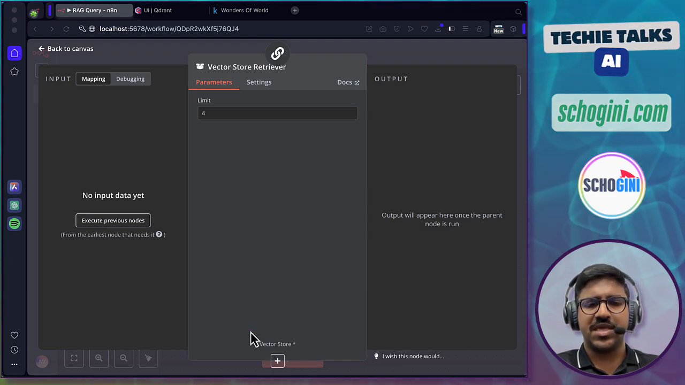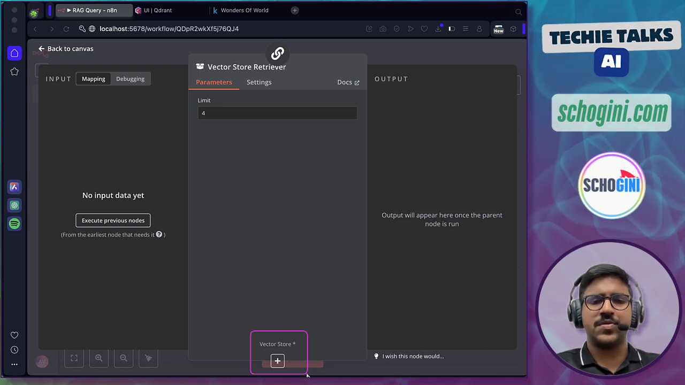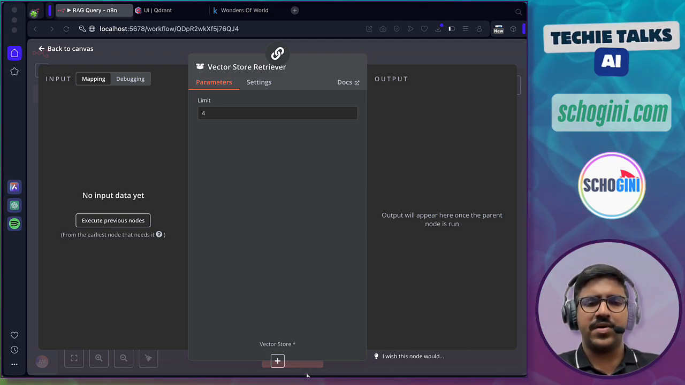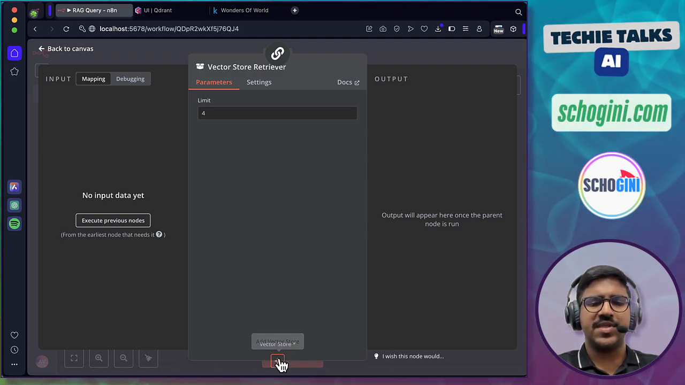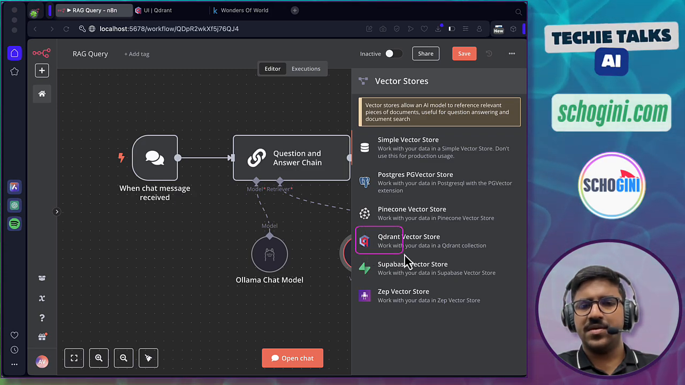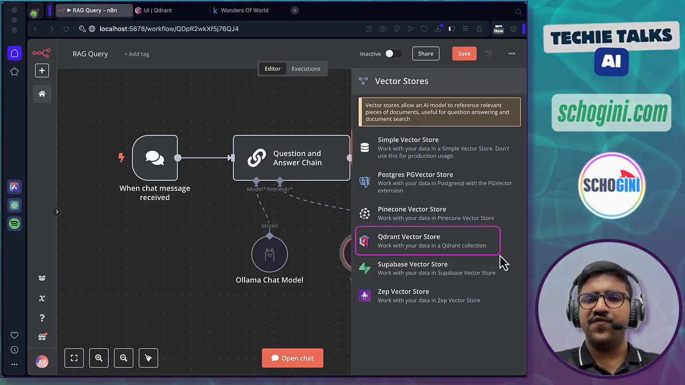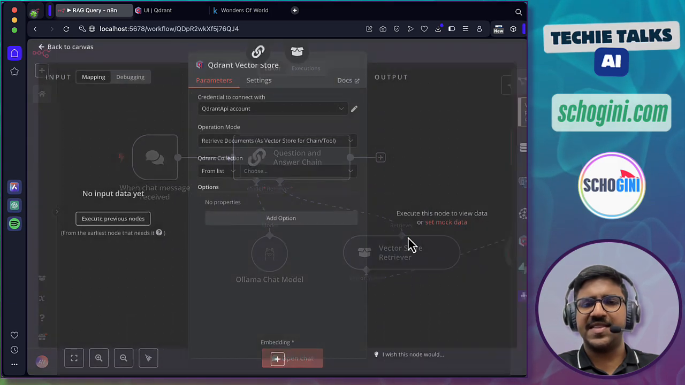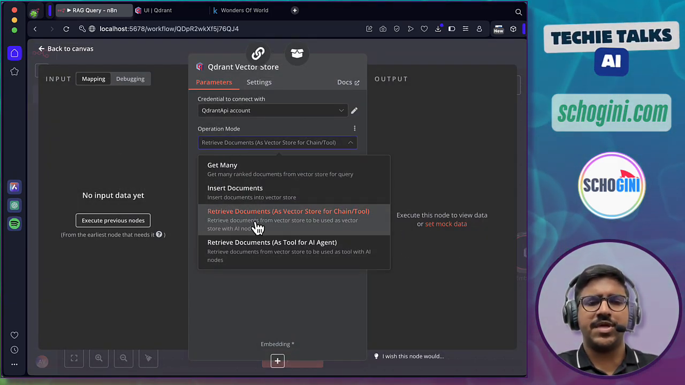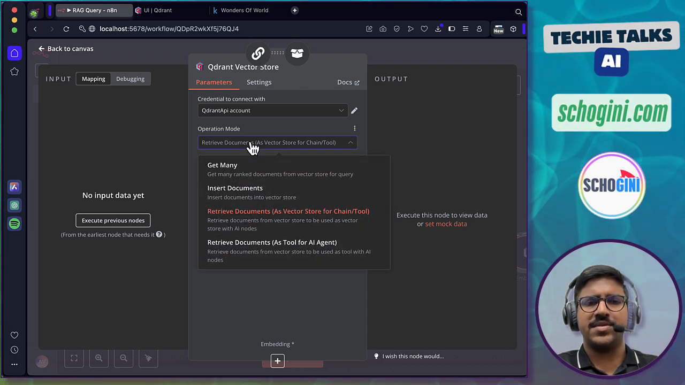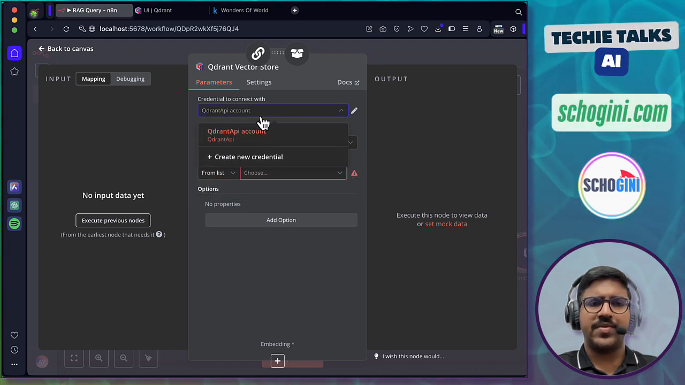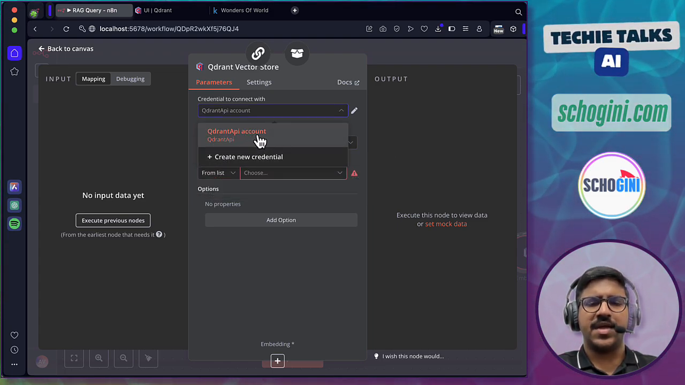You will also see the option to connect a vector store. This is how we will be able to connect this vector store retriever with our Qdrant vector store. So let's do that. We will click add vector store, and from the options we will select Qdrant vector store. Here we will select the operation mode as retrieve documents as vector store for chain or tool,